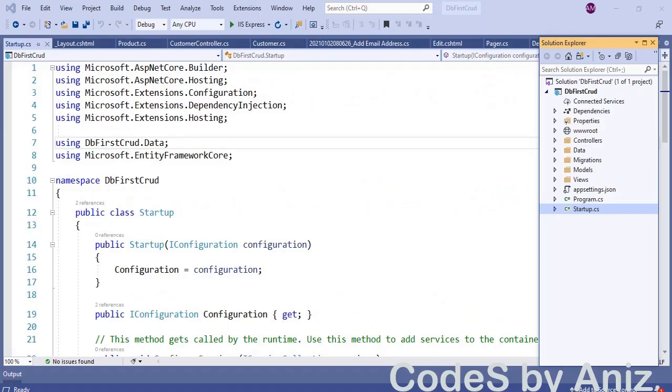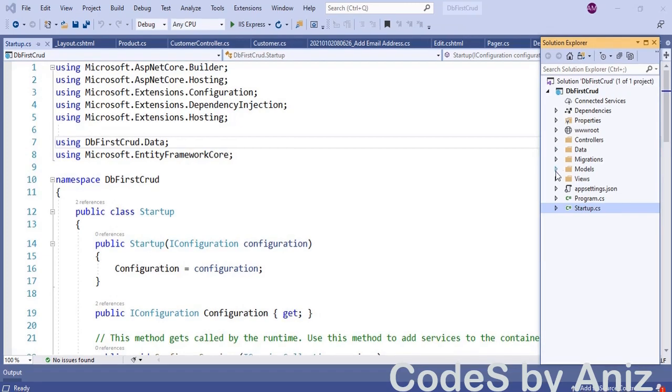Okay, let's continue the video now. This time I don't want to create a fresh project from scratch. Instead, I'm going to use my DBFast CRUD project. In the DBFast CRUD project, we were only working on the customers table, but that database has two more tables, namely category and products. We will be using the products table for this video. In case you have not watched my DBFast CRUD video, I request you to watch it once. The video URL is available in the description of this video. But if you only want to learn view components and are not interested in watching a CRUD video, no worries, this video has no relation with that video. Let's start creating the view components.